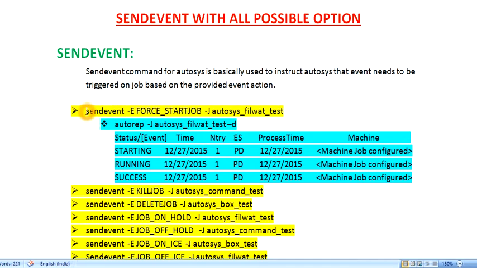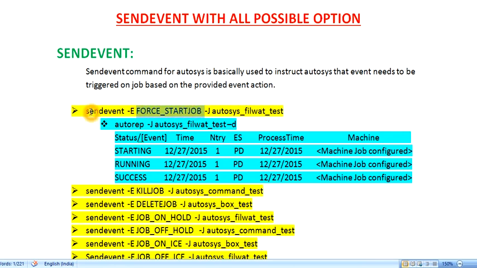Send event is the command through which your Autosys environment comes to know that some kind of event is going to be given to Autosys. This is the event which decides what action Autosys needs to take, and this is the job information on which job this action needs to be taken.